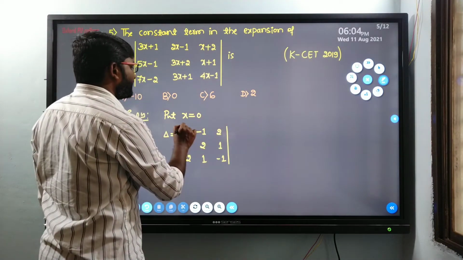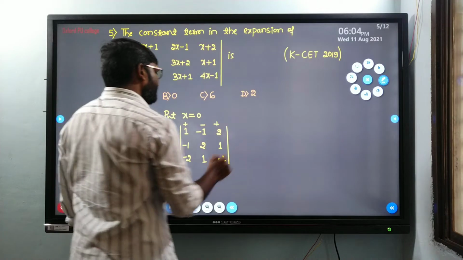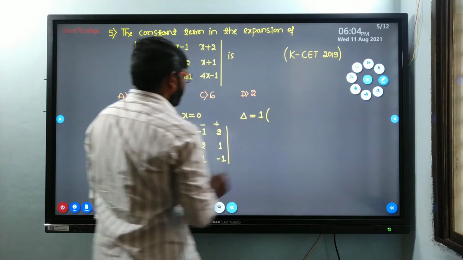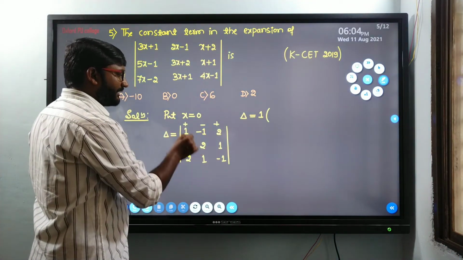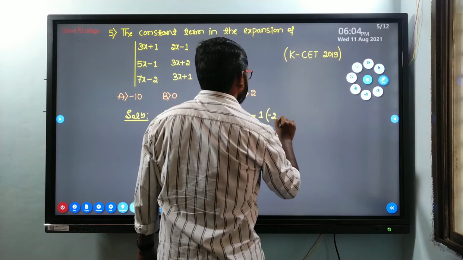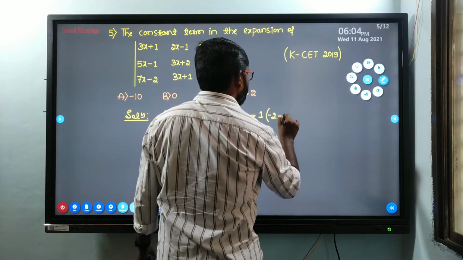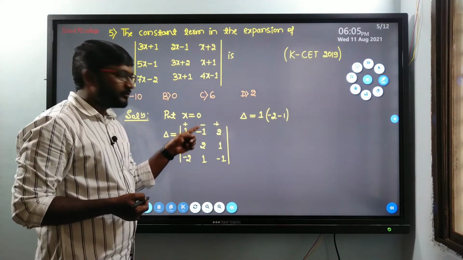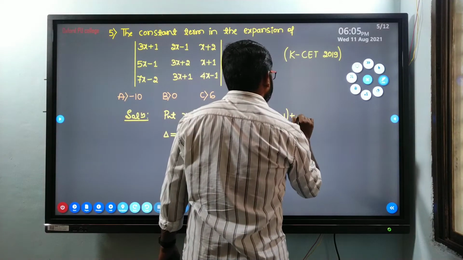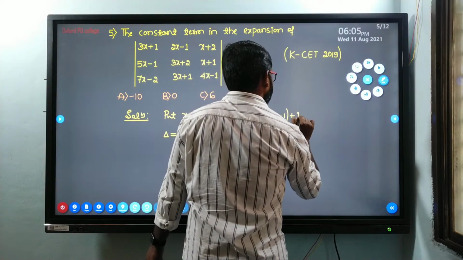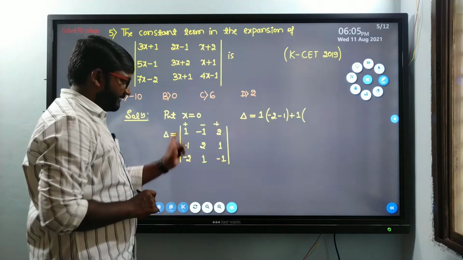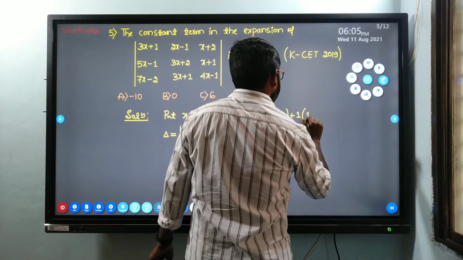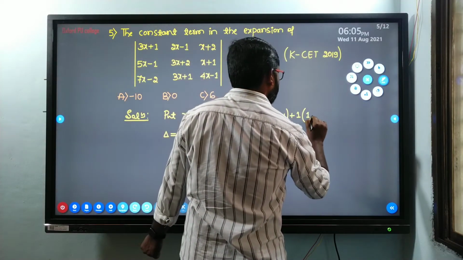Now expanding along row 1, considering plus minus plus. So delta, which is the determinant, equals 1, we have plus 1, then delete the first row and the first column, we get minus 2 minus 1, minus 2 minus 1, minus 2 minus 1, then next actually we get minus sign. So here also the element is minus, minus into minus it becomes plus 1 plus 1. Now delete the first row second column. So minus 1 into minus 1 it is plus 1, plus 1, then minus, plus 1 minus.